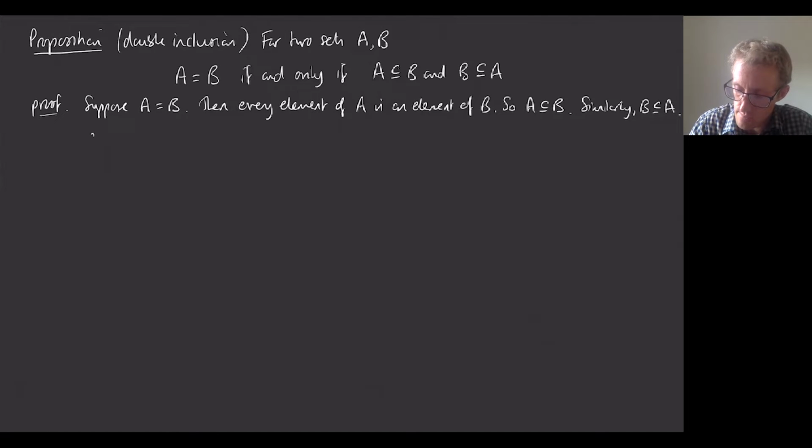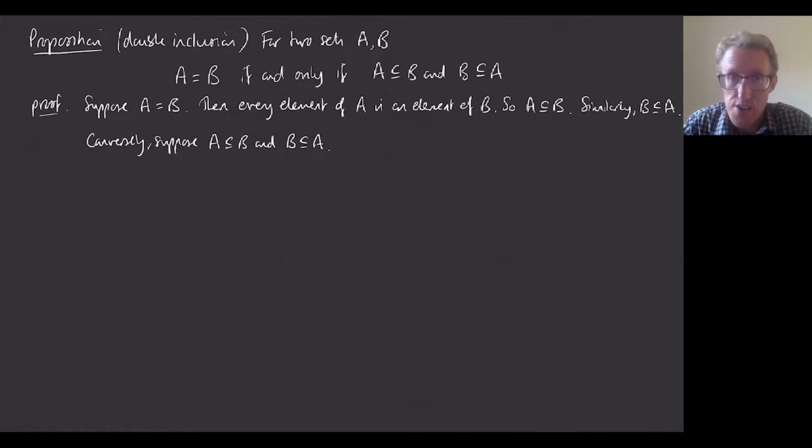So I'm going to write conversely, suppose that A is a subset of B and B is a subset of A. Okay, and we're trying to show now that A is equal to B. So we need to try and show that this means that all the elements of A and B are the same. So I'm going to say for any x, I guess I haven't really said this, but these A and B are really subsets of some larger set S. So let's let A and B be subsets of some S.